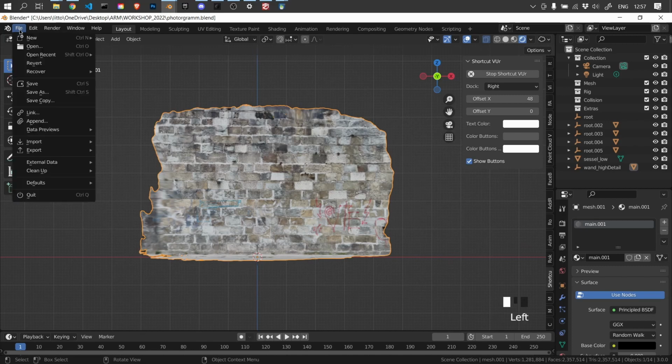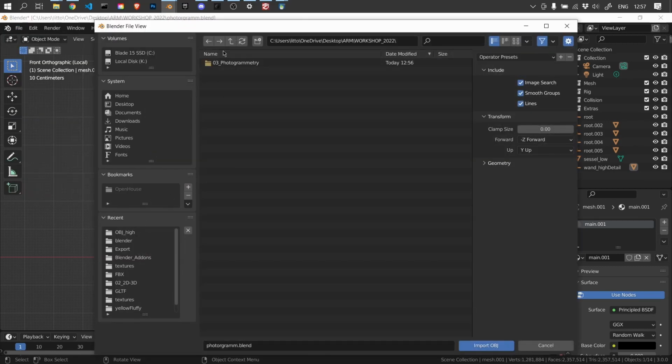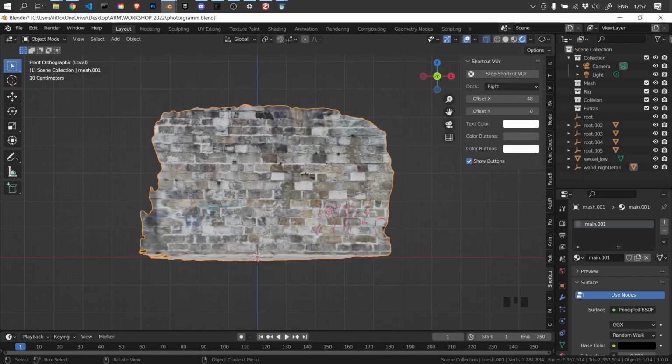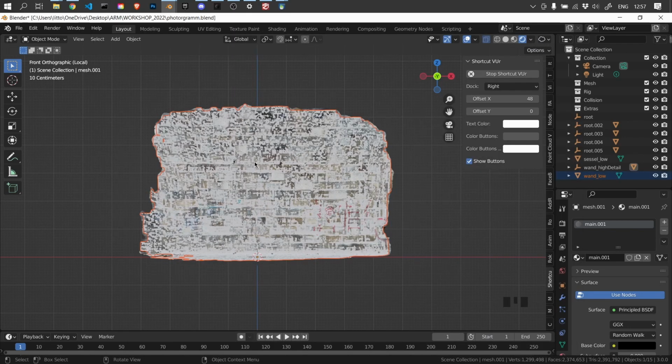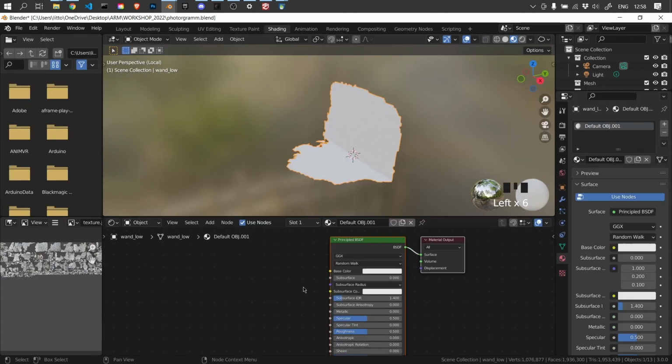And I will go now to File, Import, and import my OBJ file. There you go, OBJ low. This is my wand low, and I will just import it. And there it is. And as you see, it's white because it has actually no texture anymore and no UV